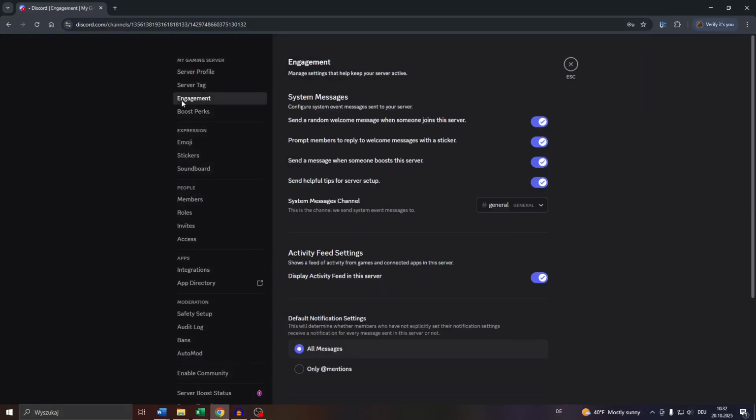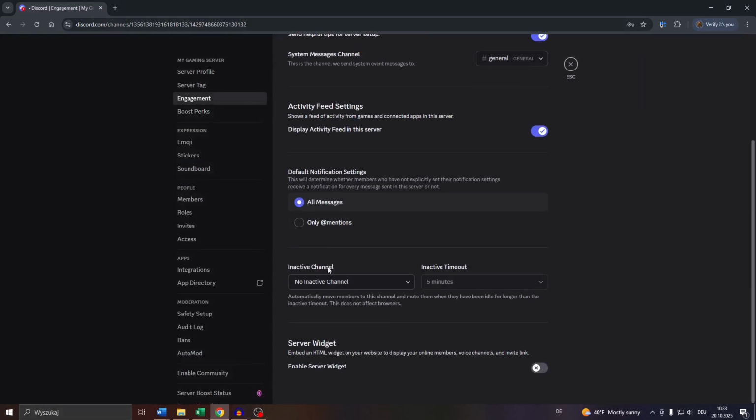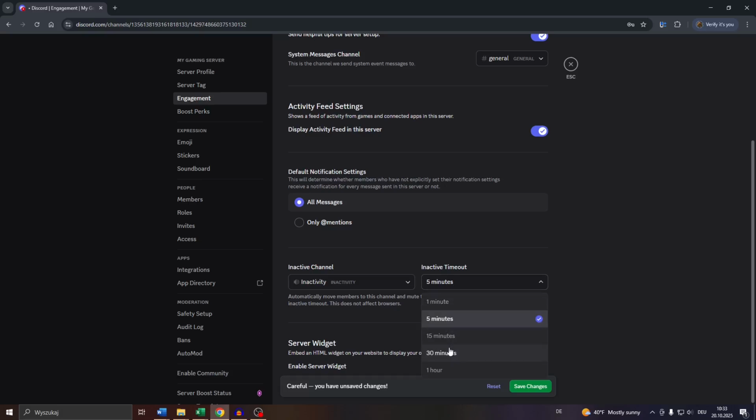After that, navigate to engagement, and here scroll all the way down to inactivity channel, and here click into the drop down menu and select your just created inactivity voice channel, just like that. Here, guys, you may select or set an inactive timeout for 5 minutes, 10 minutes, and so on and so